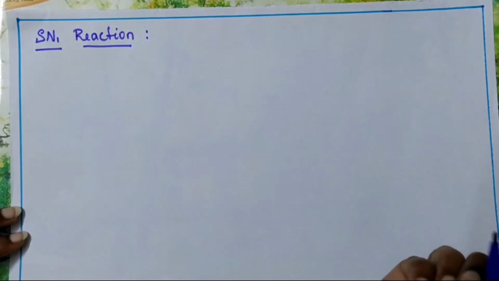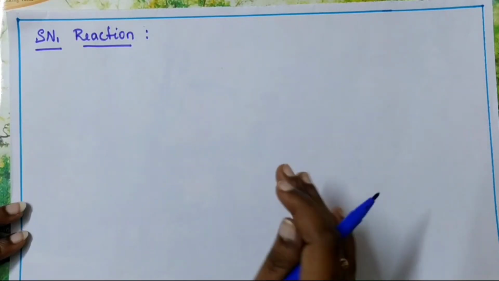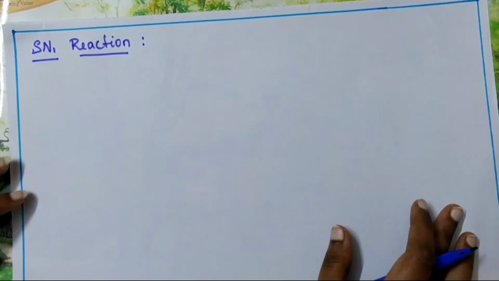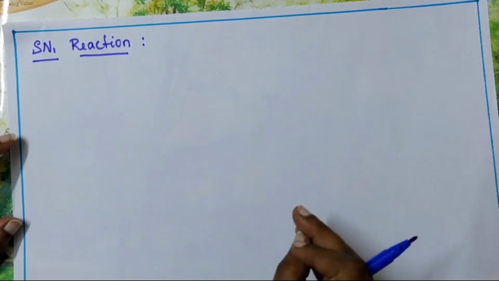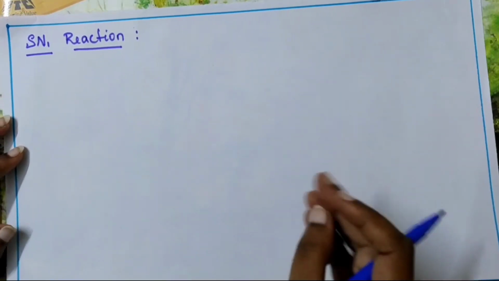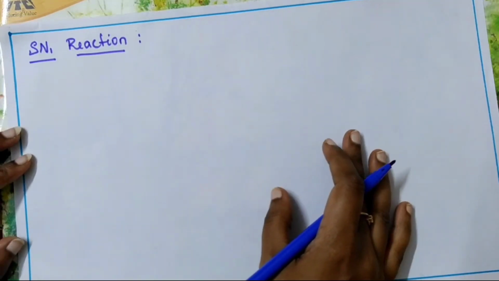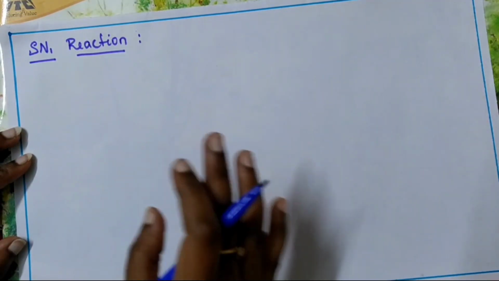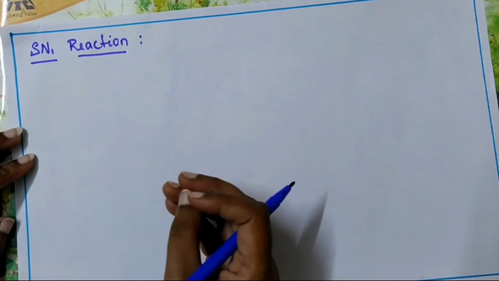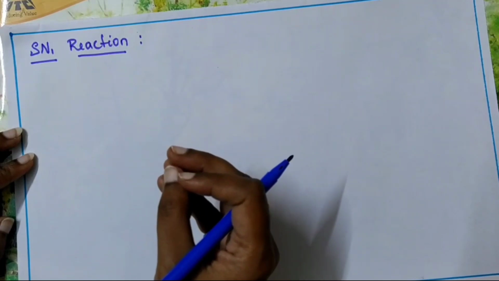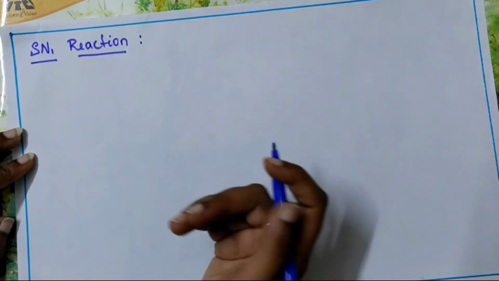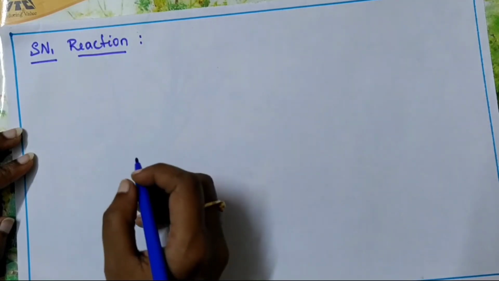So now after understanding all the factors, let us understand how to write this SN1 reaction. This is very easy, guys. I am going to explain it in a very easy way. Since you already know the factors, it is very easy to write the reaction for the unimolecular nucleophilic substitution reaction. In one of the factors, we came to know that the tertiary carbocation is more stable, so the tertiary alkyl halide is going to favor this reaction.